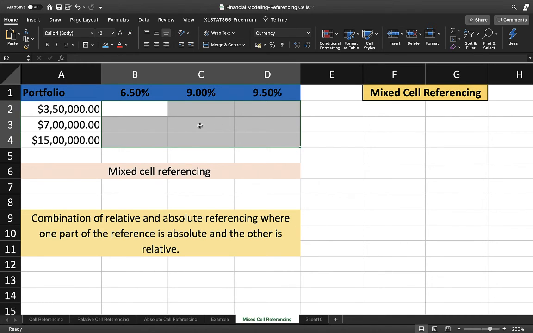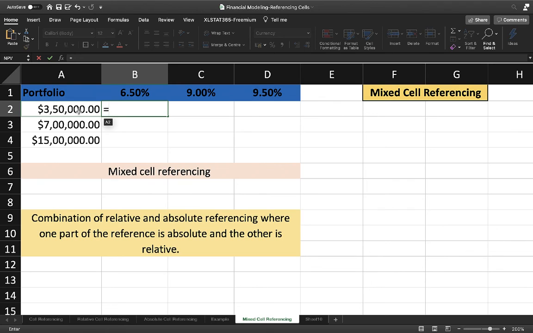In this example, you want to calculate how much you would receive in interest under 3 different portfolios and 3 different interest rates. The most efficient way is to create a single formula with appropriate references and then copy the formula to the other cells. So we need a formula that multiplies the portfolio amount with the interest rate. You don't want to create 9 different formulas. So you simply create one formula and copy it down to other cells so that you get the values. For this, in cell B2, type equal, then select cell A2.